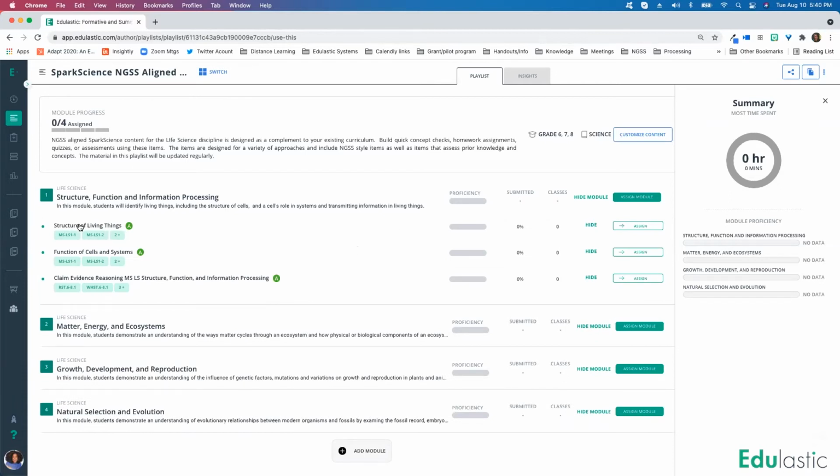Or what you can do is, of course, teach structure of living things, do your fun, engaging activities and lessons, and then when you're ready to assess the kiddos on these standards, you would just assign assessments one at a time. What's great about the Spark playlist is that as students work through a module, you'll not only get the overall module proficiency here and on the right-hand side, but you'll get each assessment proficiency as students and